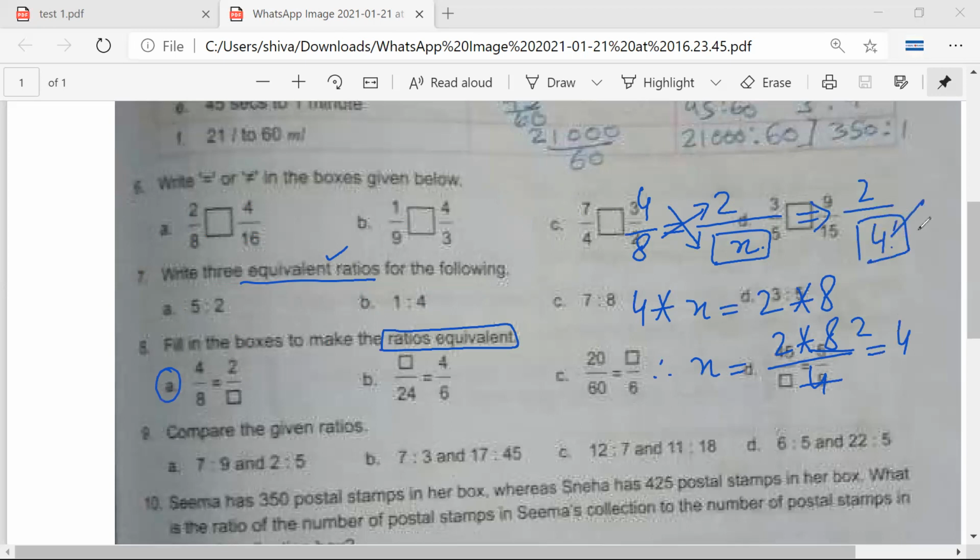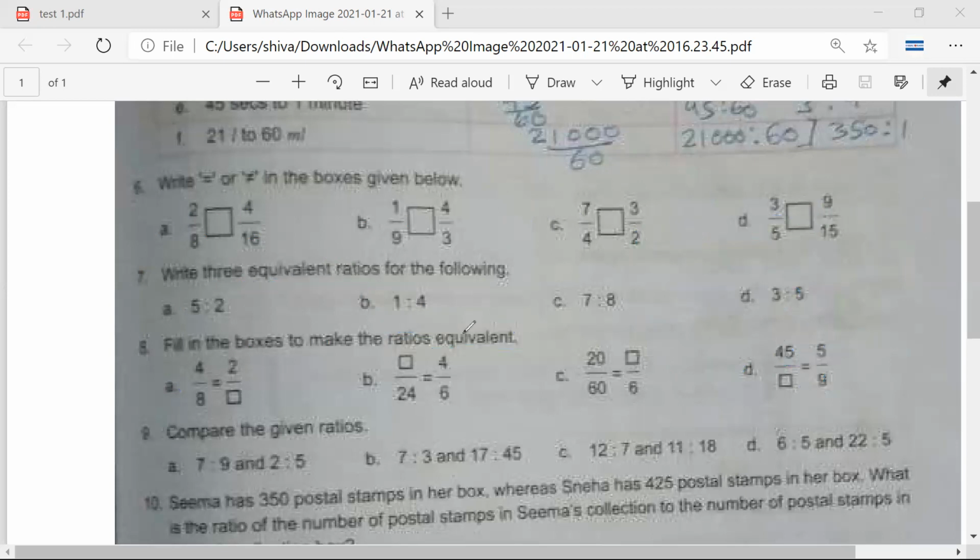Mr. Satya, did you get the same answer? Yes, sir. Great. Okay, Mr. Satya, what is the answer for this? 4. How did you find 4? Sir, I didn't do it in that method, but I did it differently. I took 4/6 on the left side, and then I did 6 fours are 24. So then I multiplied the same number with 4 also.